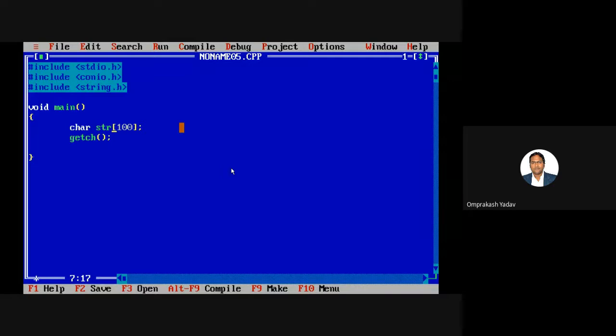Here I'll take the name and printf, so enter your name, and then we'll scanf. I'll say percent s. Remember, we are saying percent s, and then we are not saying ampersand name, but we are saying name. So remember this in string.